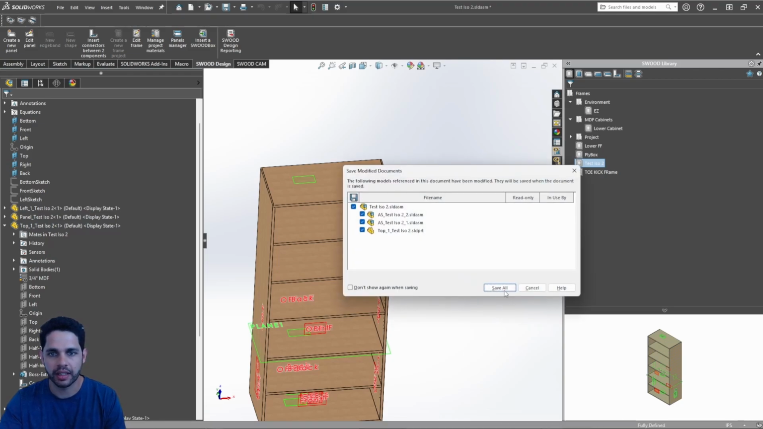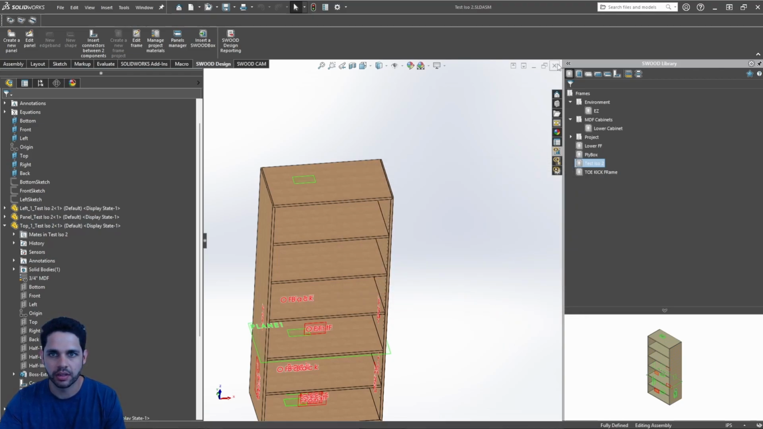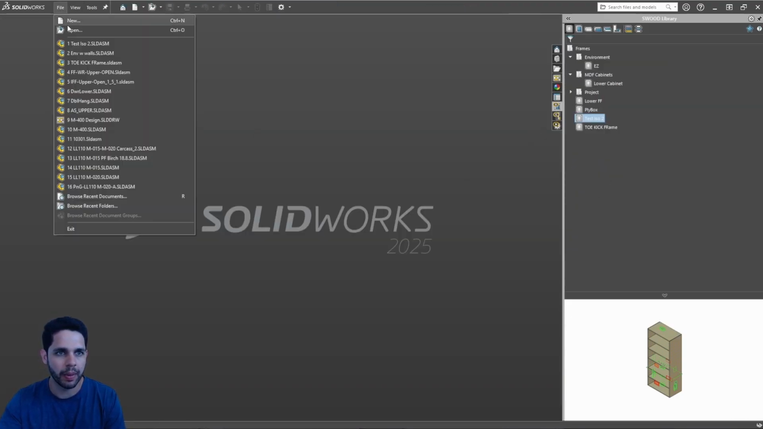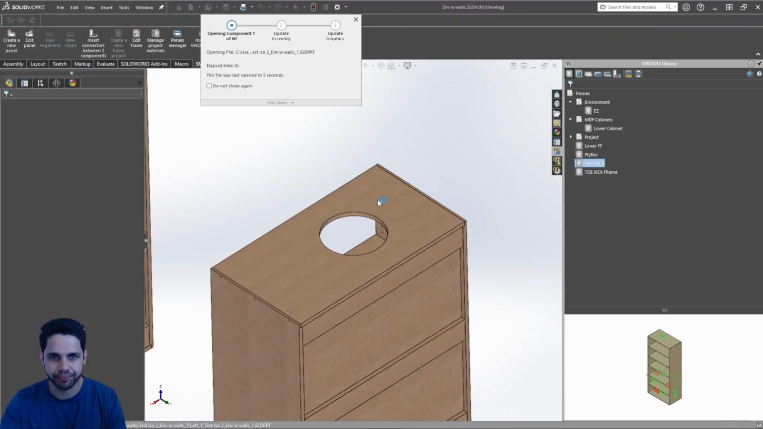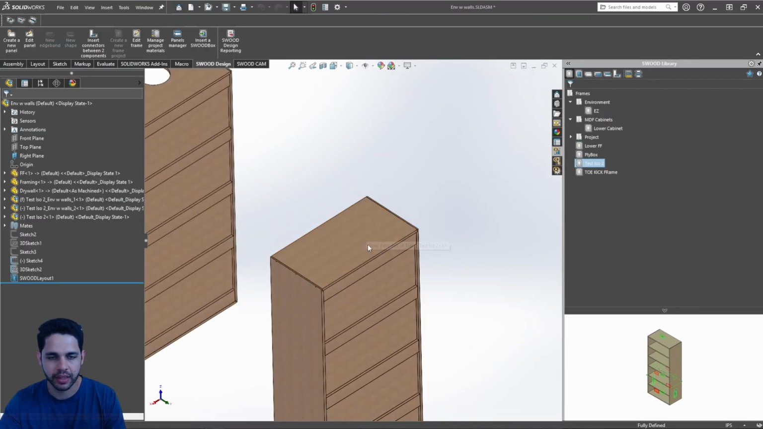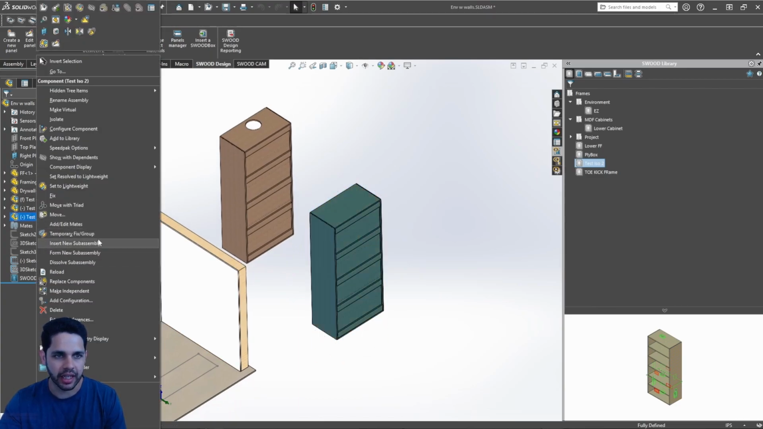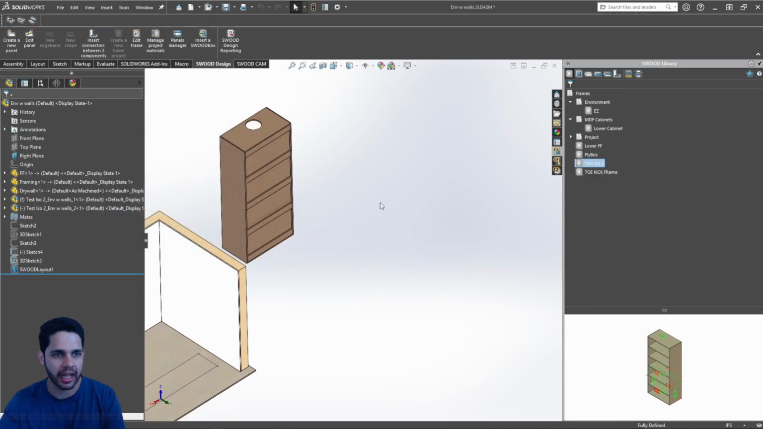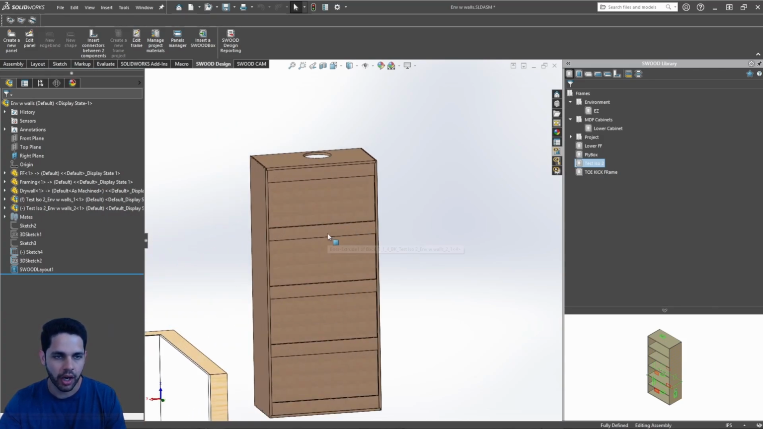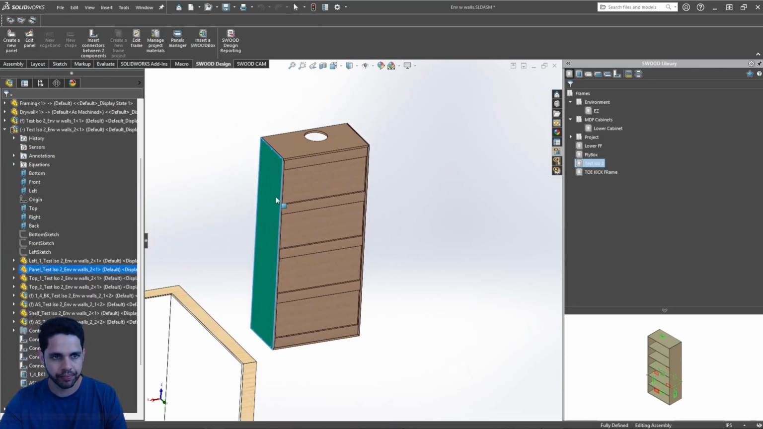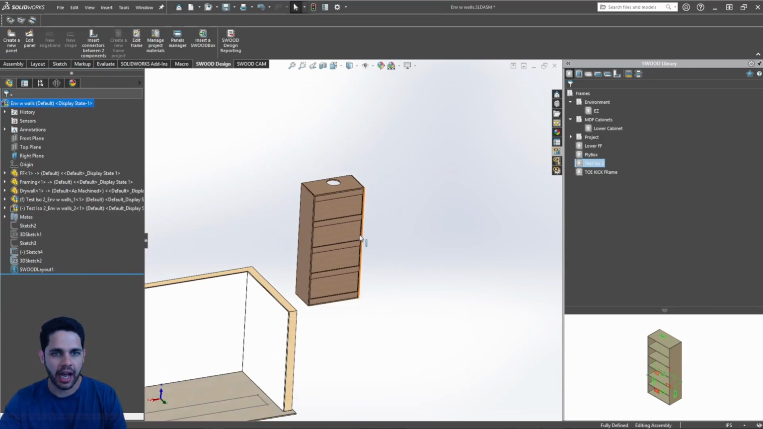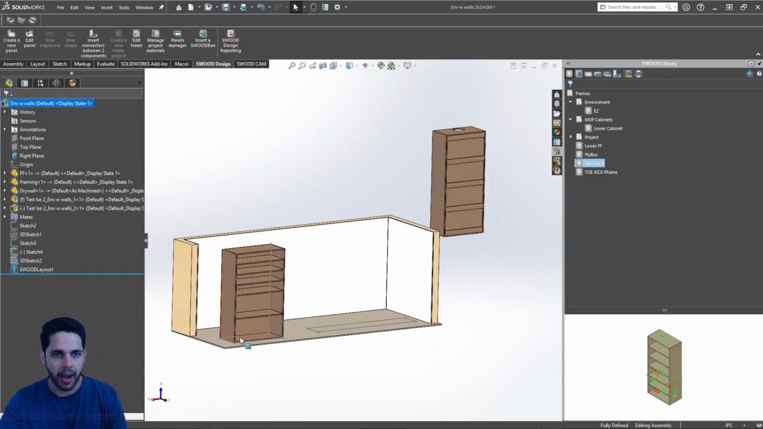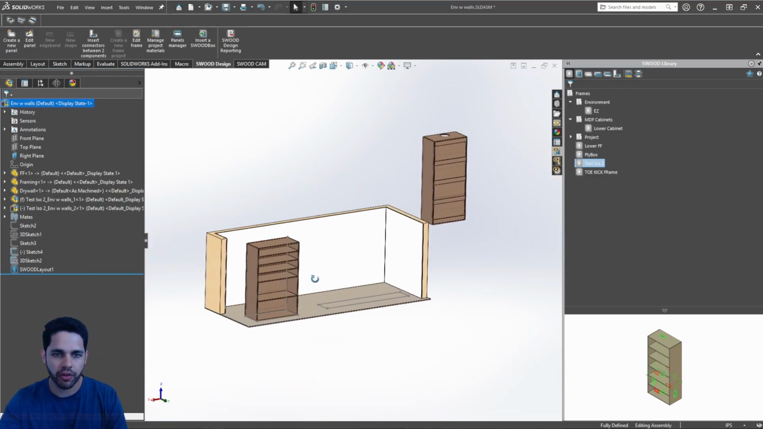We'll save this as is. We'll open back up that other assembly, and when I do that, this hole should go away. And then we just want to delete this out of this assembly because it is an original copy, not a copy. Okay, so now we just need to figure out how to make this in place because my SWOOD frame